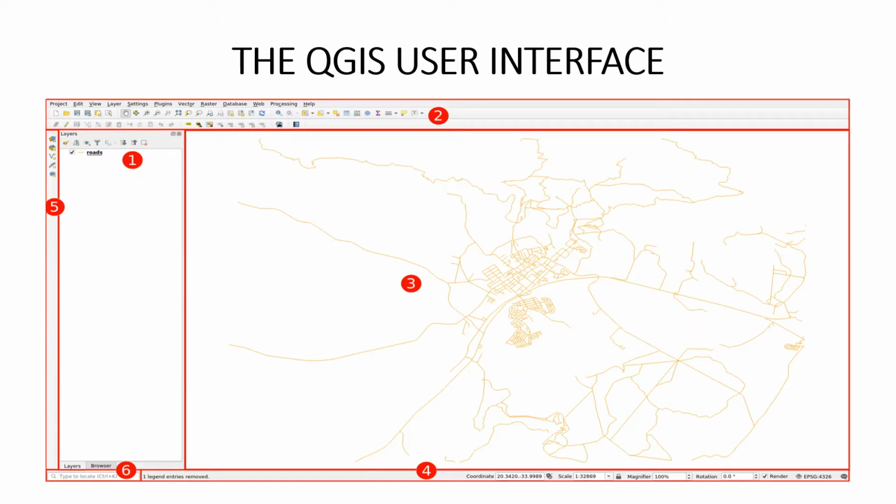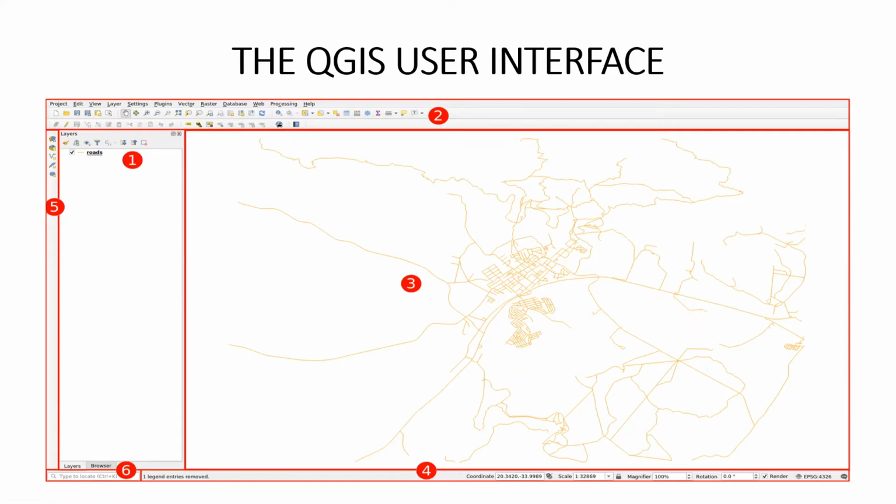Also, we have number six, which is the locator bar. The locator bar is used in many cases to access almost all the objects of your QGIS project: layers, layer features, algorithms, spatial bookmarks, etc. And this can also be moved around; you can relocate it to anywhere that you feel is suitable for you. So that is the user interface, and we'll jump to our QGIS system